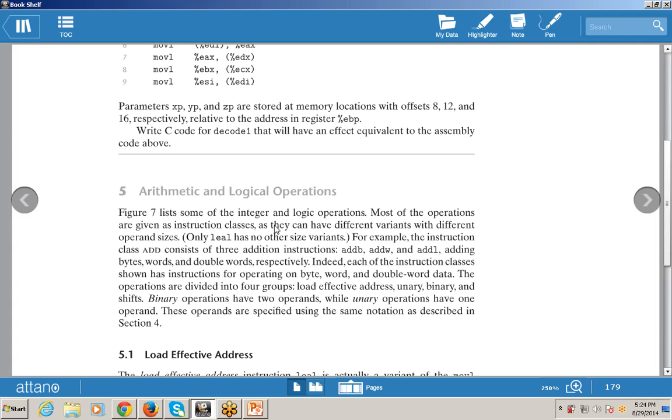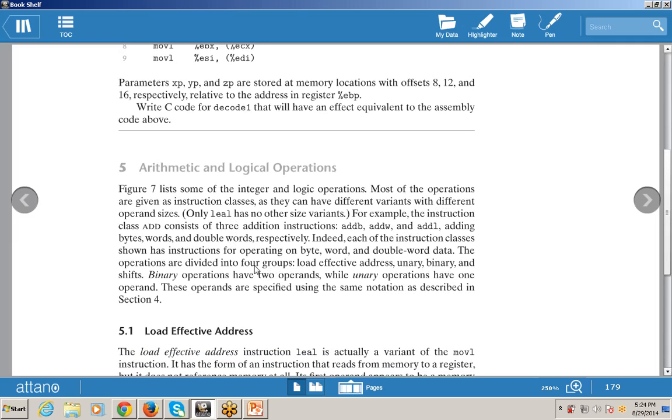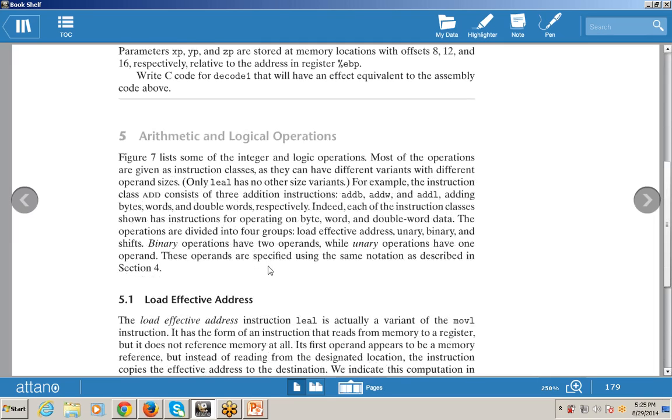These operations are divided into 4 groups: load effective address, unary, binary, and shifts. Binary operations have 2 operands, while unary operations have only 1 operand. As the name advises, a binary operation is performed on 2 operands and a unary operation on only 1 operand.